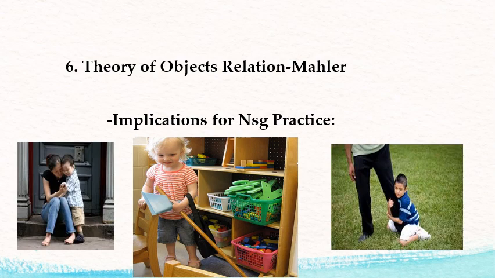I'm going to talk more about this at the end of the semester, but you need to just have a basic understanding of it now. Object relations will say that if a toddler does not separate and individuate in a healthy way, that can provide mental health issues later on in life, that they're going to be prone to mental health issues. So for example, at around 18 months, which is the toddler years, a child